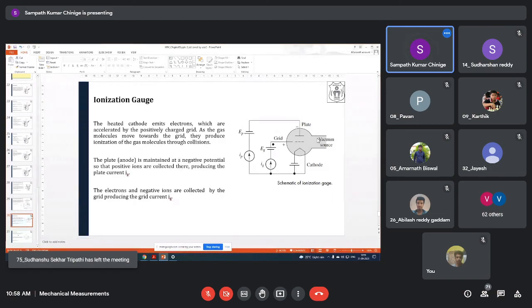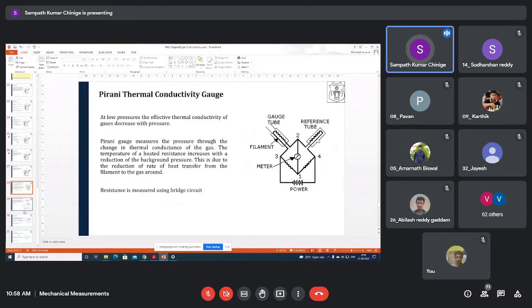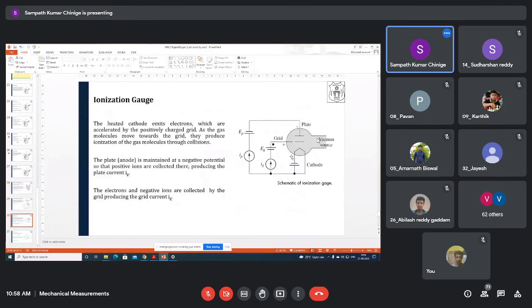Am I clear? Yes, sir. So what is your exact doubt? I'm not getting it. So that is the process. Where are you not able to understand? Sir, I'm confused with the additional power source added near the cathode. See, this is for how the cathode will leave the electrons. So power is required, sir, to emit. Yeah, that is what is given. The heated cathode emits electrons, so it has to be heated up, right? For that, this source is given.